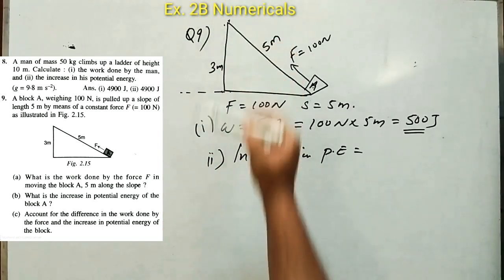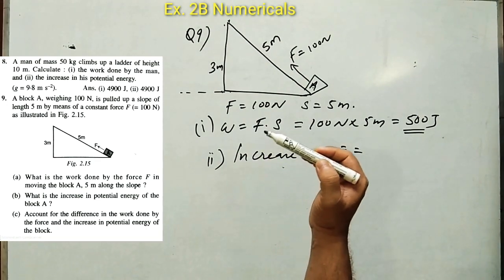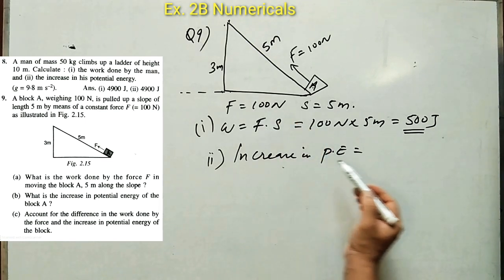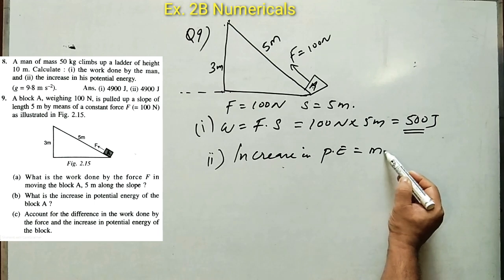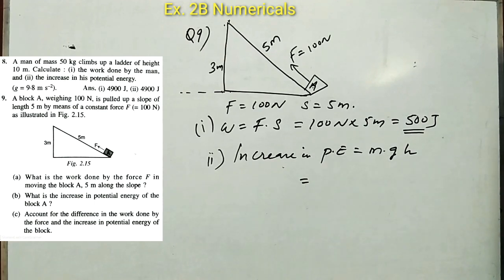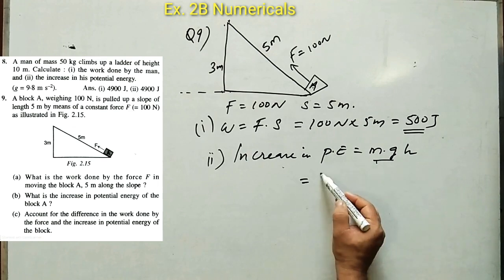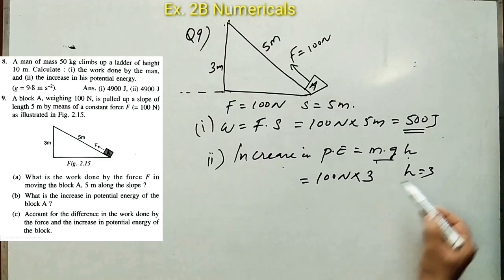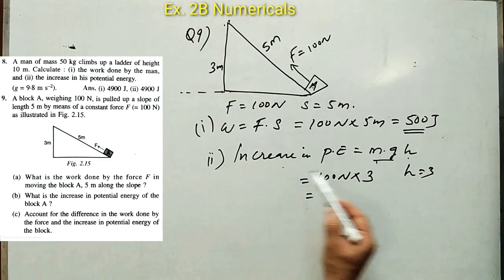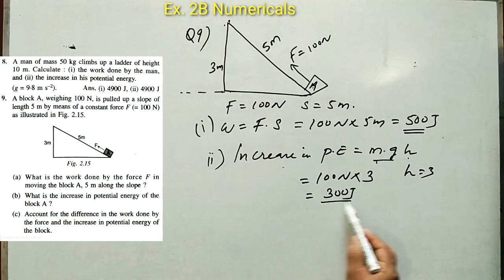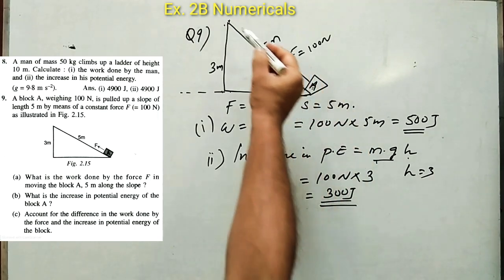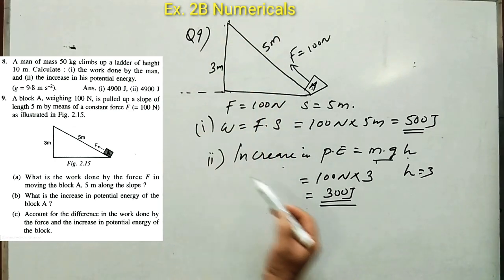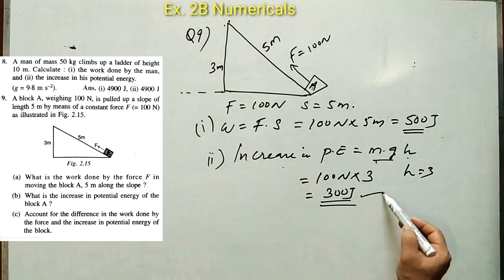So it is gaining a certain amount of height. So the work done is against the force of gravity and which will be stored in the body as increase in potential energy. So it is given by the formula mgh. Clear? So the force is equal to mg. It is given as 100 Newton multiplied by what is the height? The height is 3 meter. So you are getting the increase in potential energy as 300 joule. Clear? So when the block reaches the top of this inclined plane of height 3 meter, the increase in potential energy is 300 joule.